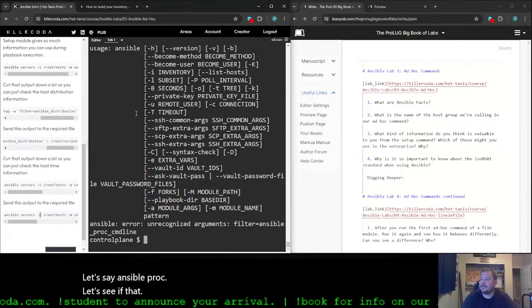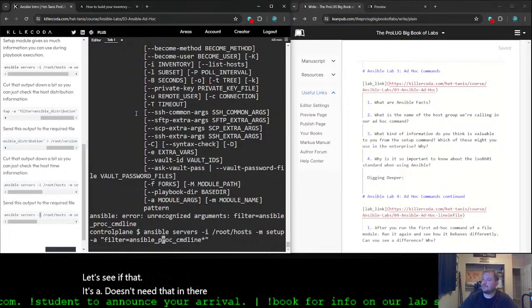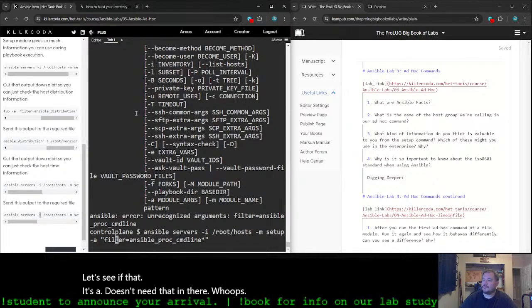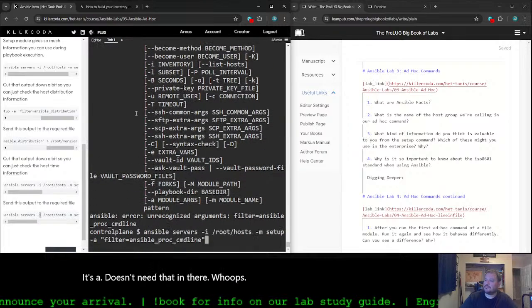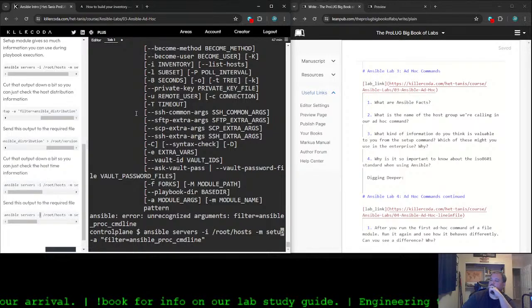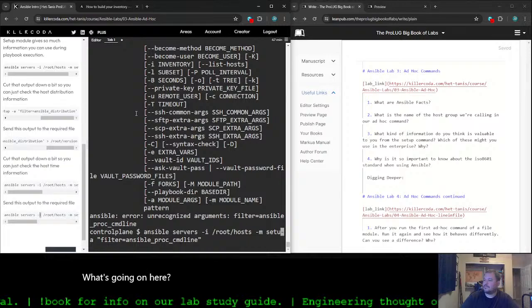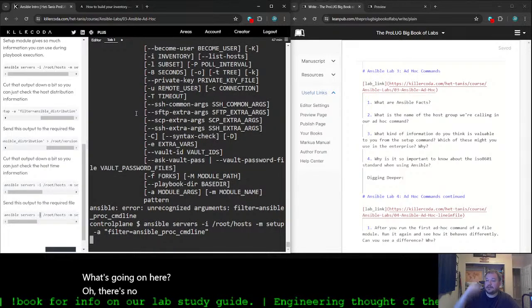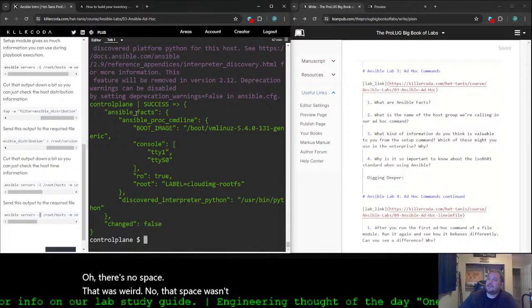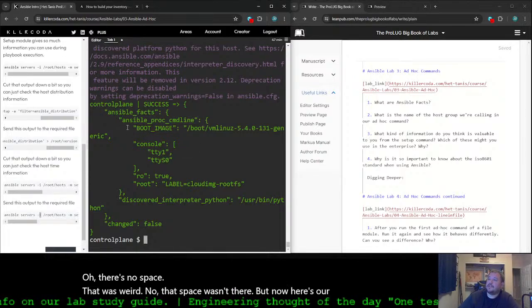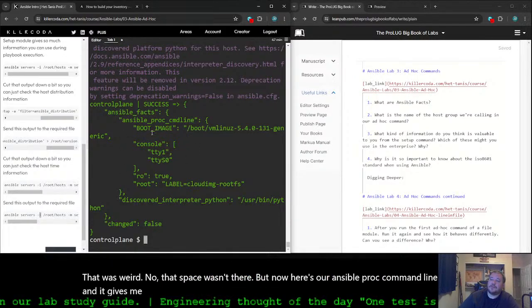It doesn't need that in there. What's going on here? Oh, there's no space. That was weird. No, that space wasn't there. But now, here's our Ansible proc command line, and it gives me information about how the system booted, right?